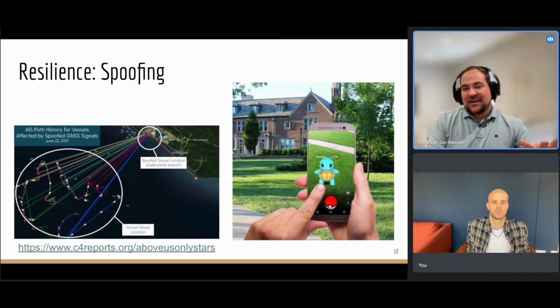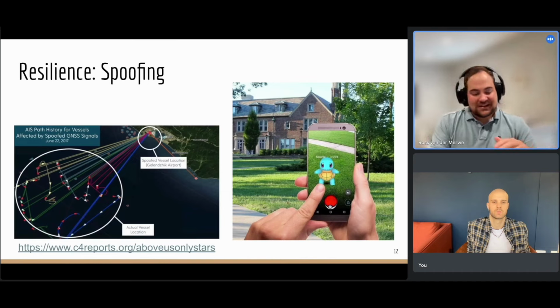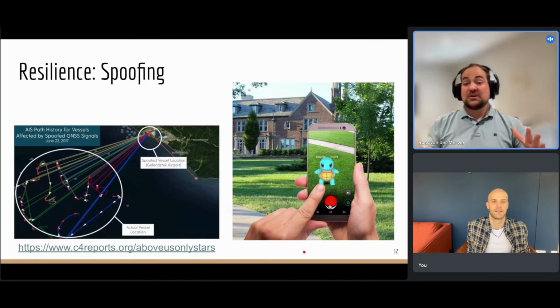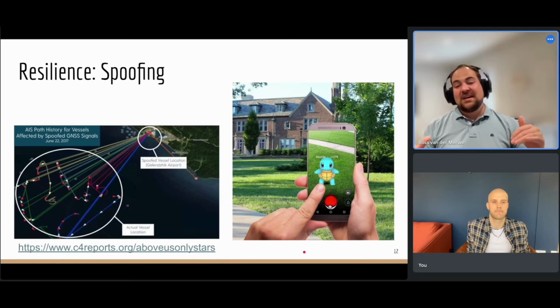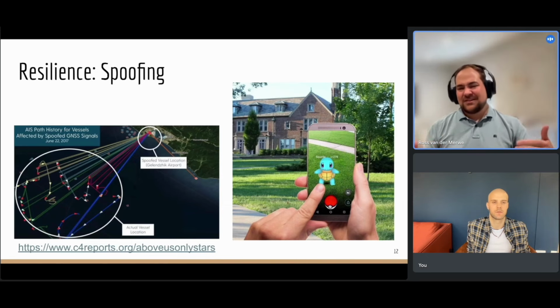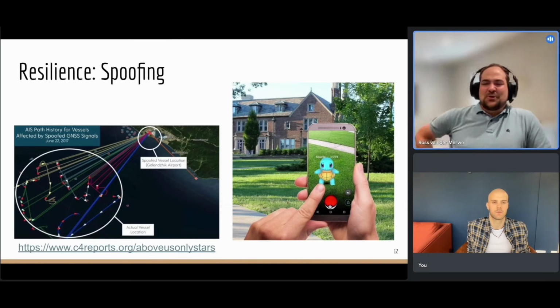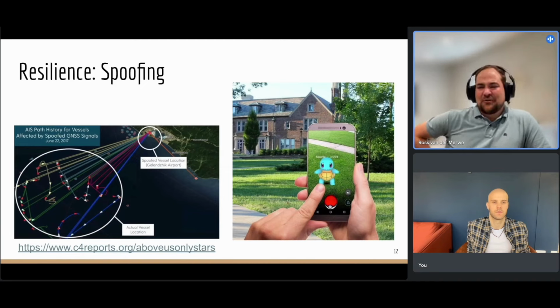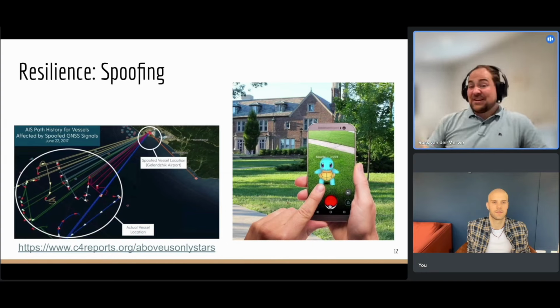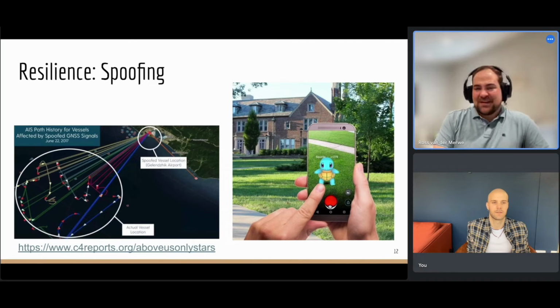But my favorite spoofing ever is still Pokemon Go. The reason is, for decades people were saying spoofing is possible, we should be ready for this. And it kind of was, but it was slow changes until the summer that Pokemon Go came out, and teenagers decided, you know what, I'm going to spoof my phone because I don't want to go for a walk, it's too hot outside. Then suddenly spoofing became much easier, because there are hundreds of teenagers trying to break this problem, it just developed much faster.